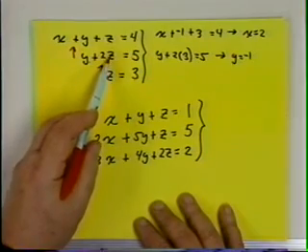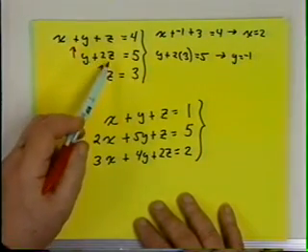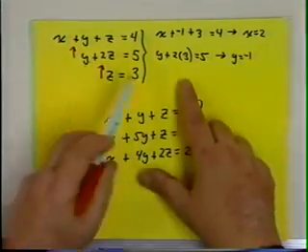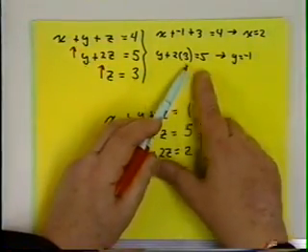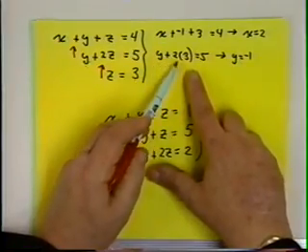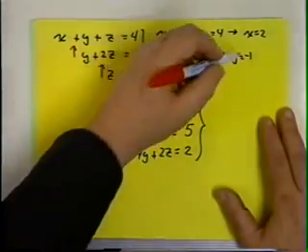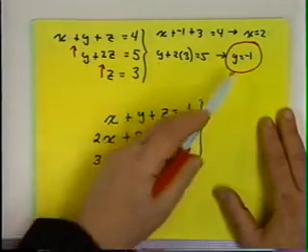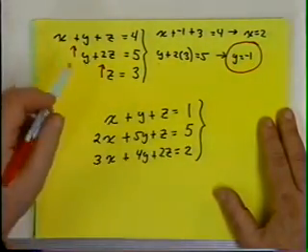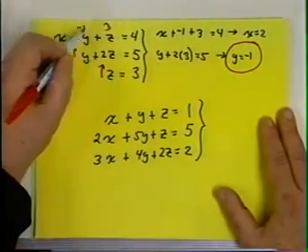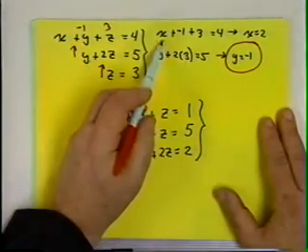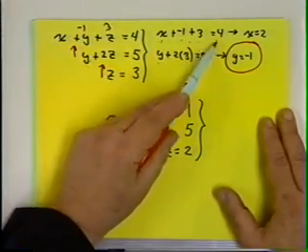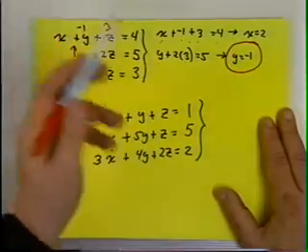For example, if z is 3, replace z by 3 over here, you get what? y plus 2 times 3 must equal 5. That says y plus 6 equals 5. That says y equals -1. And once z is 3 and y is -1, just replace z by 3 and y by -1 over here, and you have x plus -1 plus 3 equals 4. That says that x plus 2 is 4, and that says that x is equal to 2, and now we've